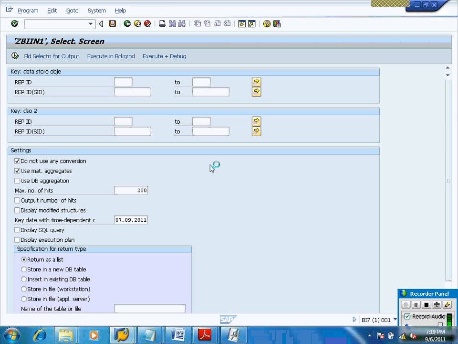Now what is happening? A program is retrieving the data based on your join condition from your table 1 and table 2. And this will be displayed as the final output. Is it possible to report against info set? Is it possible to report against info set?